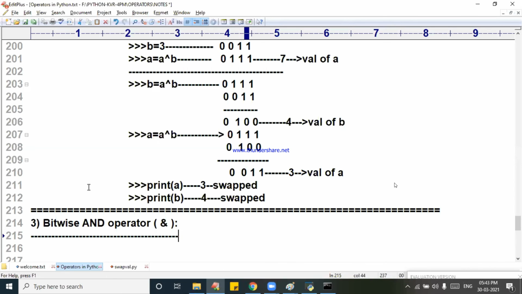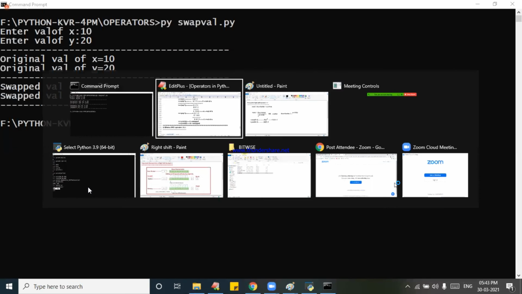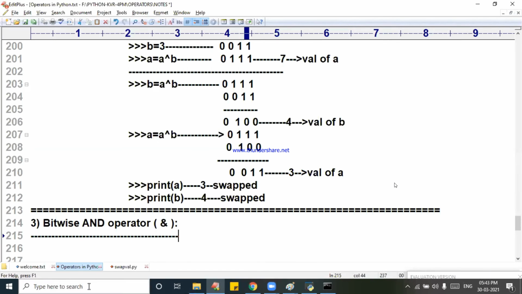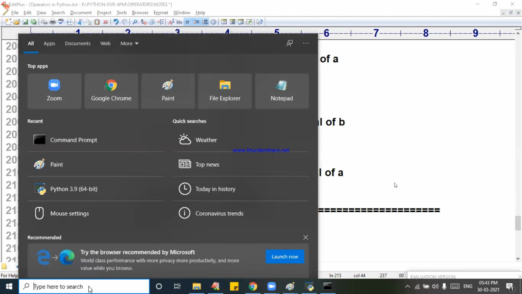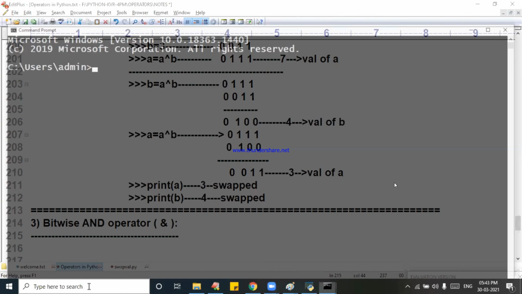Okay, ma. Srikanth, I will open command prompt, ma. You asked me to open the command prompt. Yes, this is a command prompt. First, how to open it: simple, ma. You have to come to the search button. There you need to type CMD. It will open like this. You need to press enter key.